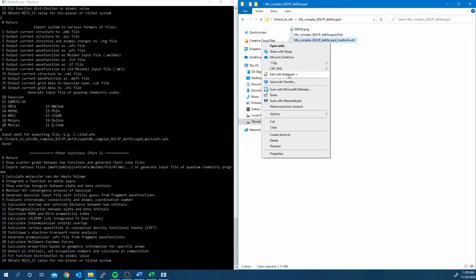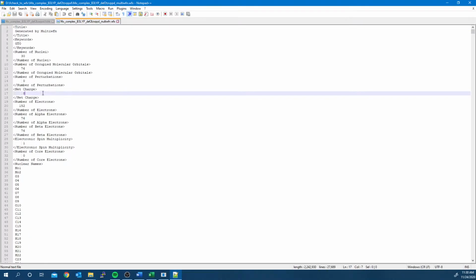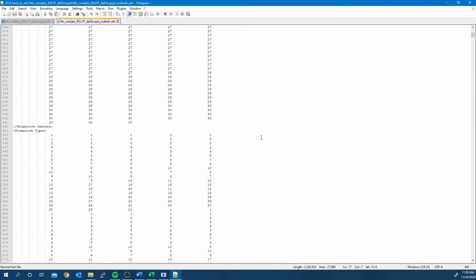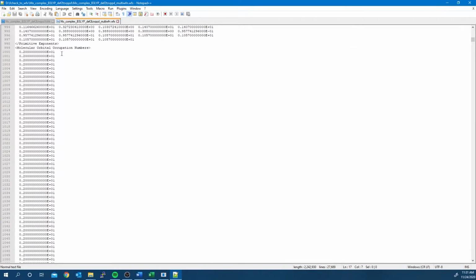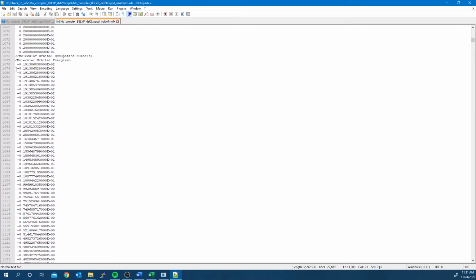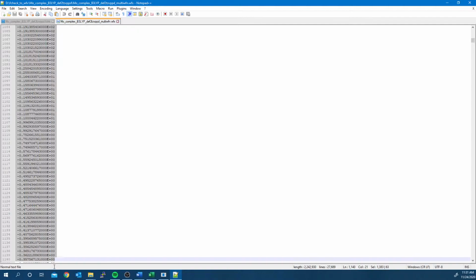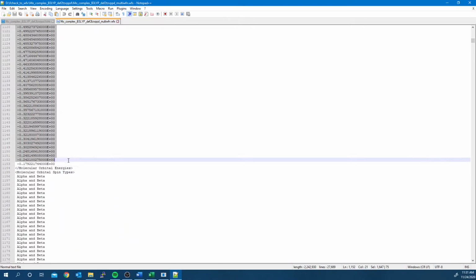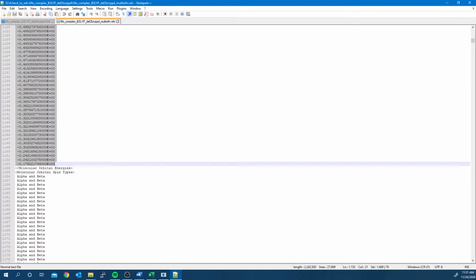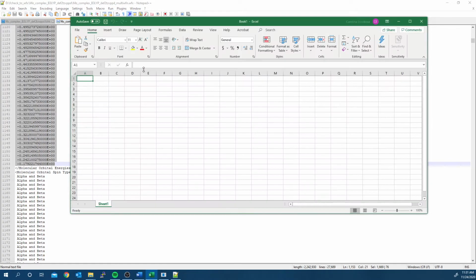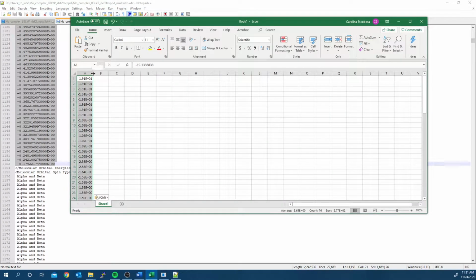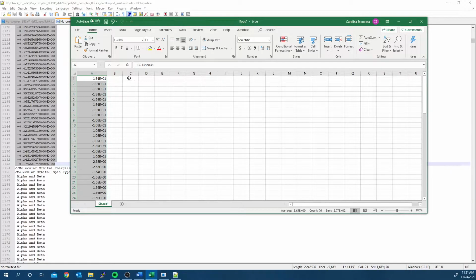Open the newly created file in a text editor, and see that the molecular orbital occupation numbers are the same all throughout. For the molecular orbital energies, we find non-zero numbers. These energies correspond to the orbital energies before localization, thus, they don't represent anything in the localized version, so we must change them manually to 0 with Excel. Copy and paste the orbital energies in Excel and in a different column, add as many zeros as there are rows.